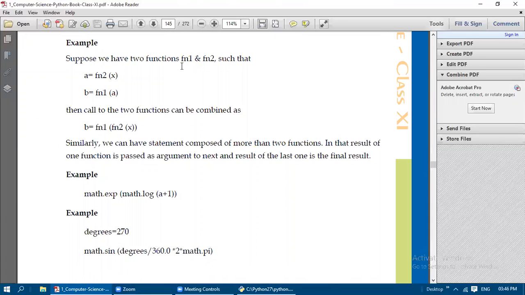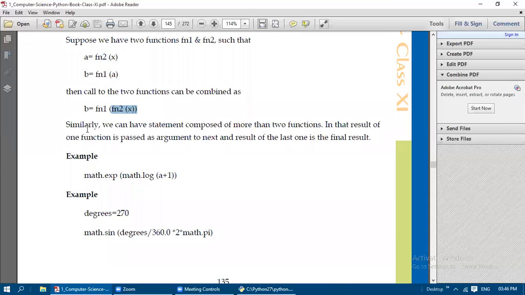Suppose we have two functions, function 1 and function 2, such that a is equal to function 2 of x and b is equal to function 1 of a. That means this a, that is function 2 of x entirely, is going to be passed here. When combining these two functions, function 1 of a, instead of a, function 2 of x is going to be replaced in the place of a.